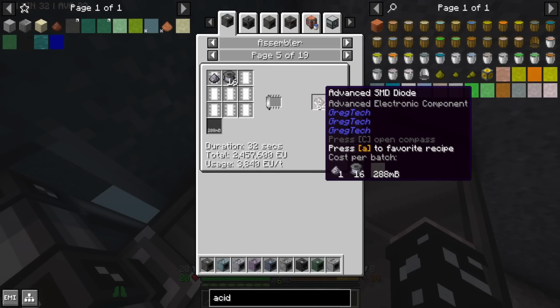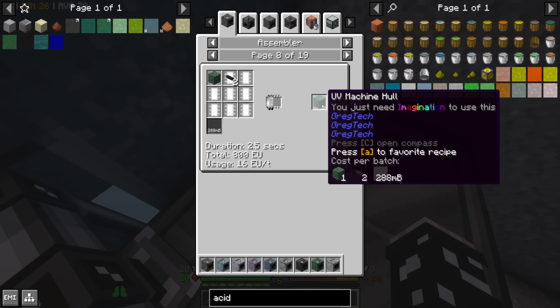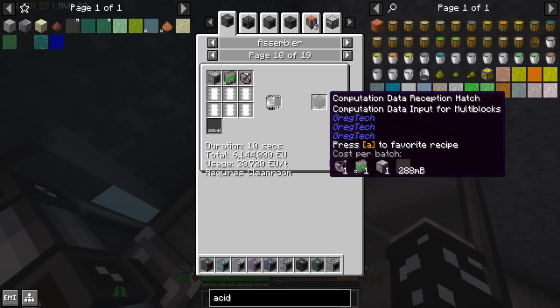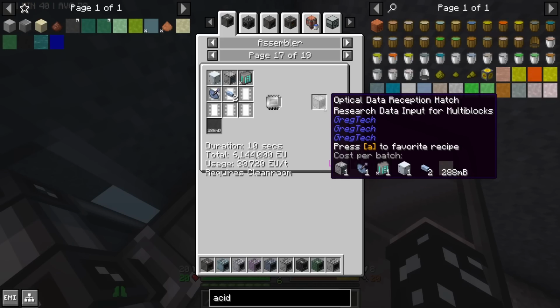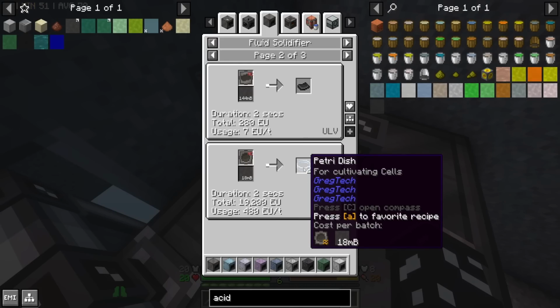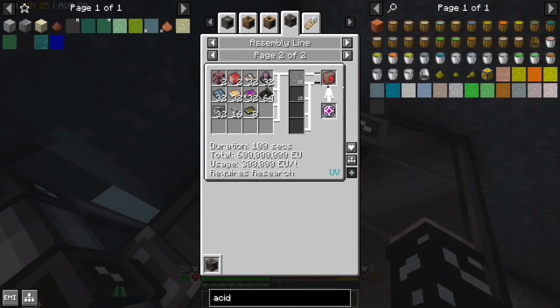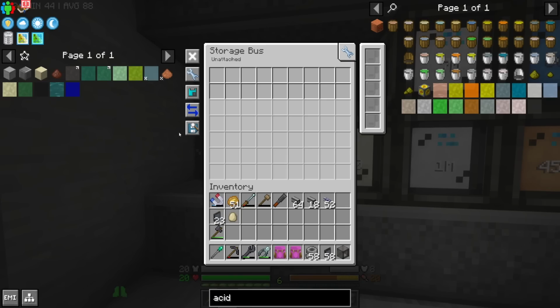This unlocks for us some great recipes such as the advanced SMDs. We can then use fusion casing, all of our ZPM UV machine hulls, all of our computer parts, fusion glass, most of the assembly line, petri dishes for our living circuits, foils to make other things. It's just great. And on our plastics wall, let's set a